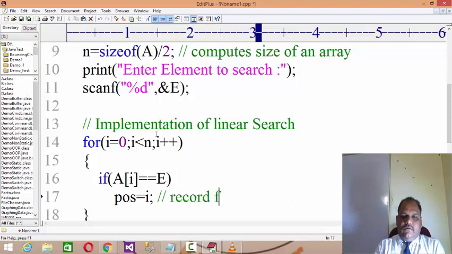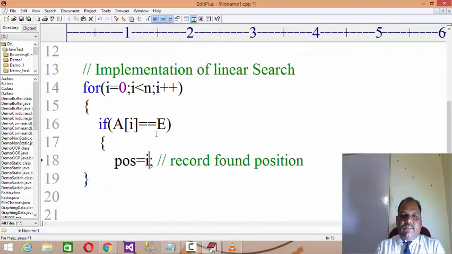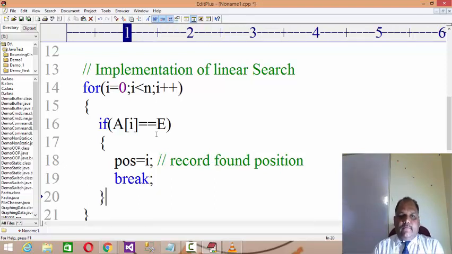Record the found position, and if it is found in the specific position, then break the loop. There is no point to continue the loop over.